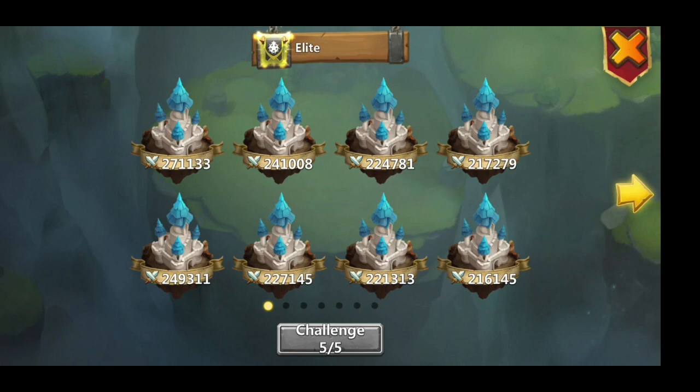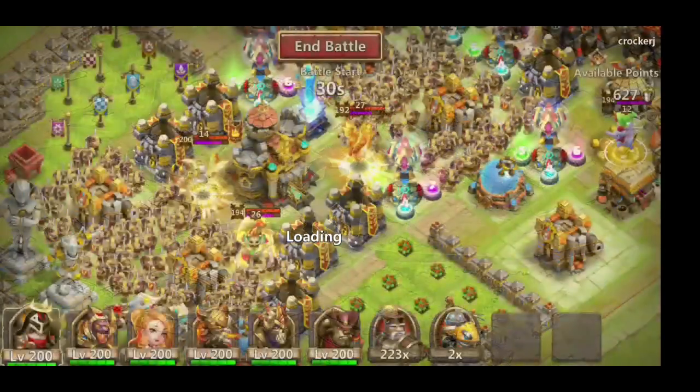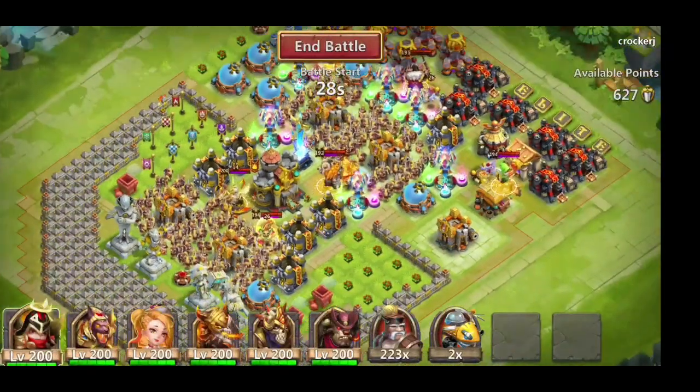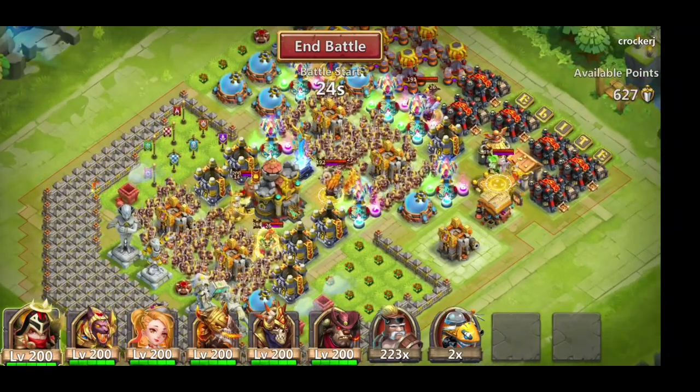Alright, what do we got? Elite, I think, is the top one. I'm just testing out Walla today, guys. I've got him in 8 of 8 Flame Guard. I've got a 5 Vite set on him. I will be using Skelly, so it's going to be pretty simple, but what I wanted to test out is,